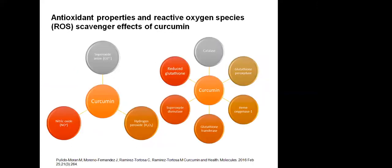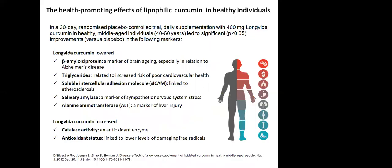Okay, so one of the other benefits of curcumin is its ability as a ROS scavenger, but also its ability to upregulate antioxidant pathways as well. So we're looking at glutathione and glutathione enzymes. Again, this is a study that we've probably shown you before when we were talking about curcumin. Relatively small amounts, so 400 milligrams of Longvida curcumin, which equates to about 100 milligrams of curcumin itself,